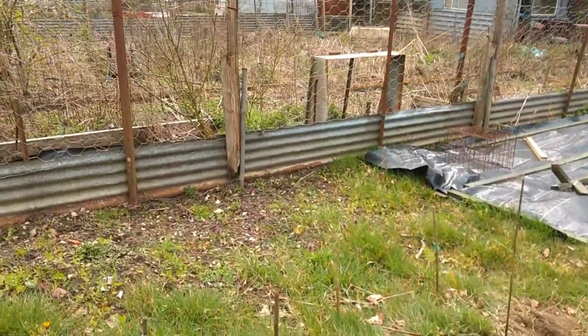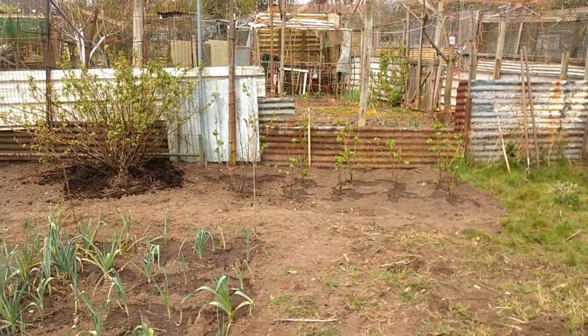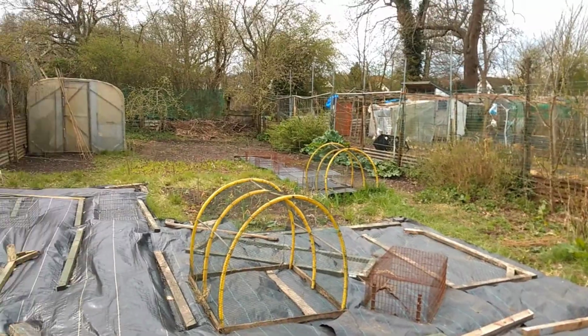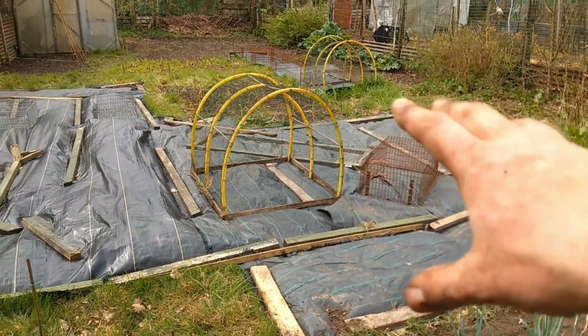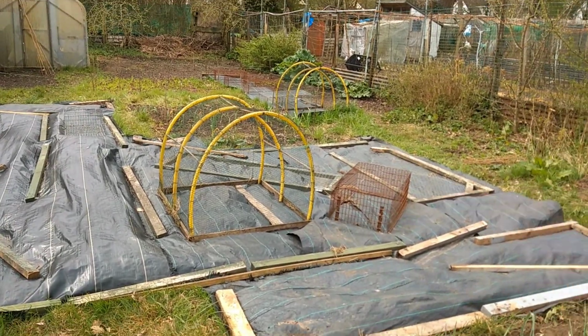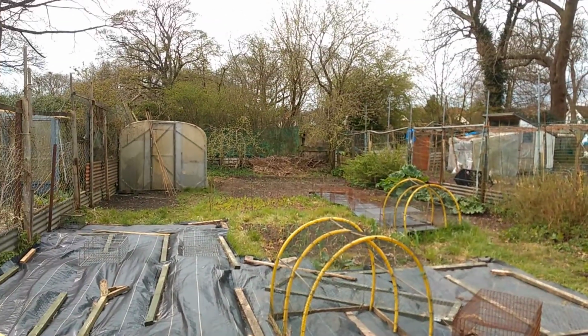Still plenty to do, but I'm making progress, I feel. So it'll look better once the weed control fabric is up and we've actually got some other plants in there, like the squash plants and stuff. But for now,